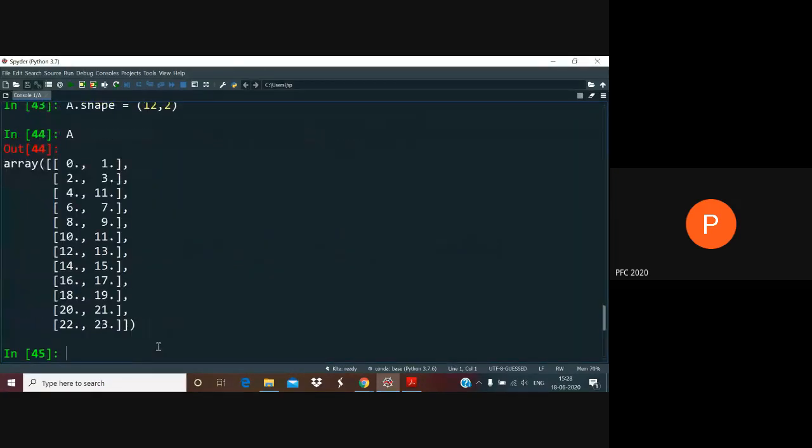Now the array A looks like one which has 12 elements along the 0th axis as you go down, and 2 elements along the 1st axis. Well, we are usually used to matrices, so we will say 12 rows and 2 columns, a matrix-like structure. The matrix language is okay for two-dimensional arrays, but the moment you go beyond 2 dimensions, it starts to break up. Can you go beyond 2 dimensions? Of course you can. For example, you can say